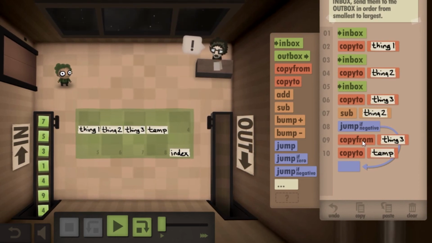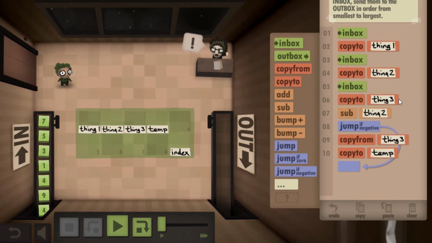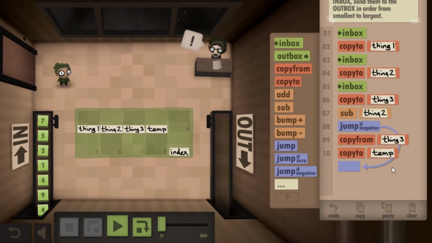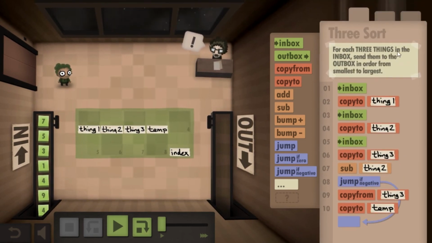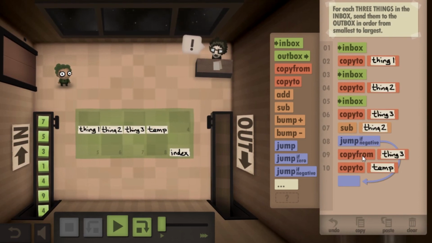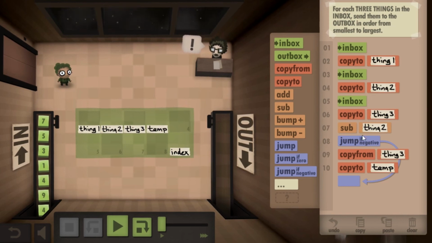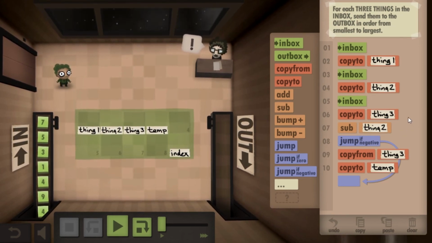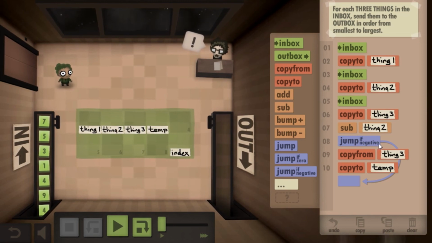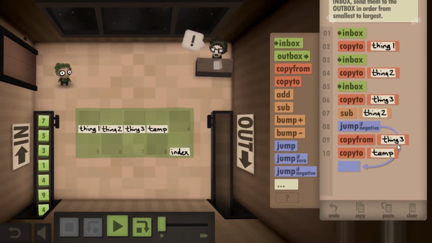Or I could just, alternatively, instead of copying, I could just add thing 2 back, but whatever. If 3 is bigger than 2, I can put 3 in temp. Why does that matter? I need to put these in the inbox, so this is smallest to largest. 3 is smaller than 2. Oh, no, sorry, this is if 3 is bigger than 2. Or wait, if this is negative, then thing 2 minus thing 3... no, thing 3 minus thing 2. Right, okay. Now thing 3 minus thing 2 is positive, which means 3 is bigger than 2. Right. Okay, so now check if...